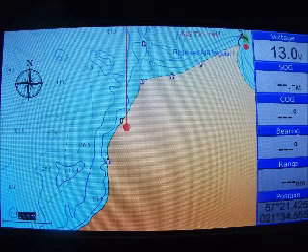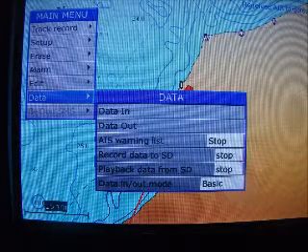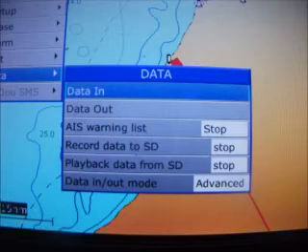Now we're on the Onwa unit. We've got the SD card already in. So we go to the data menu, down to data, and then the next one we go down to the data in/out mode, which we change from basic to advanced. So we've now got advanced,